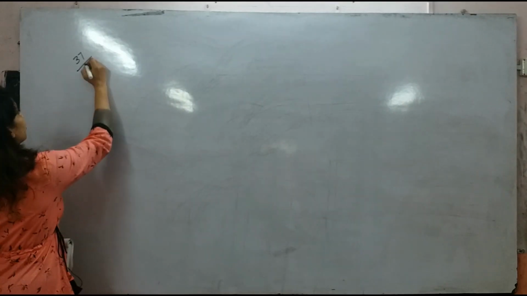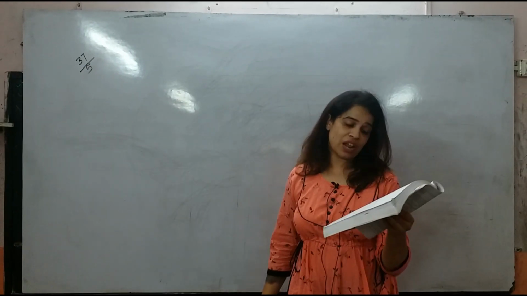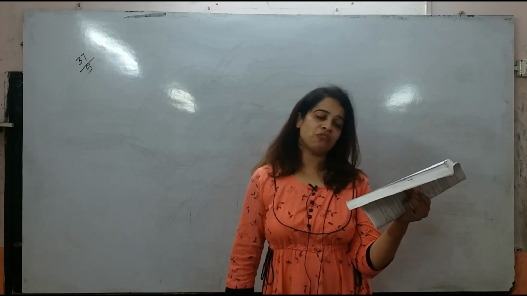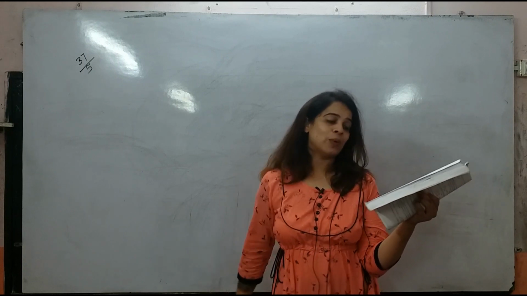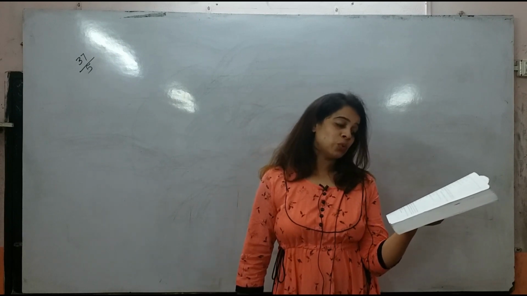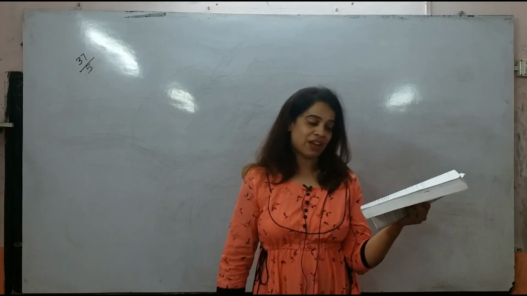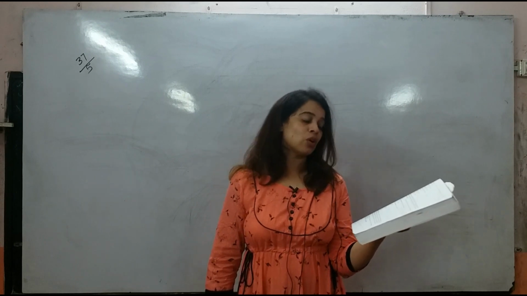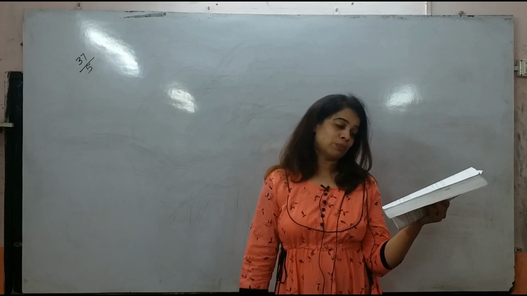Yes students, we are going to do problem number 5, page number 37. Take a pencil in your hand. I am reading the problem. Ramana and Brothers purchased furniture for rupees 22,000 on 1st July 2009. Underline 22,000 and 1st July 2009. Erection charges paid 3,000 and carriage paid 5,000. So underline 3,000 and 5,000. Depreciation is to be charged at the rate of 10% on original cost method. So underline 10% and original cost method.